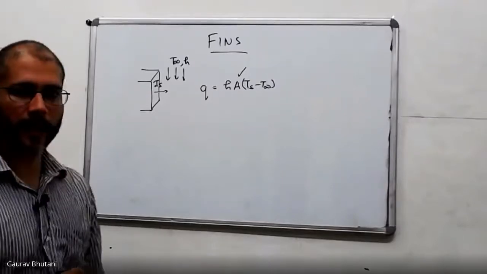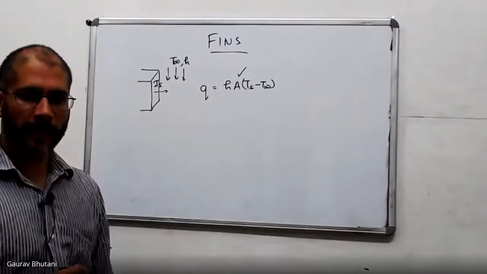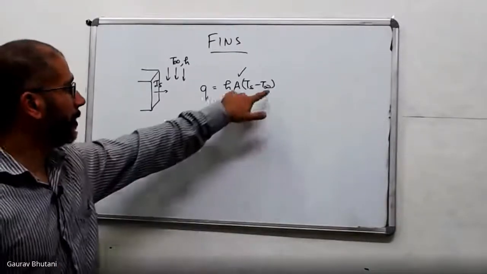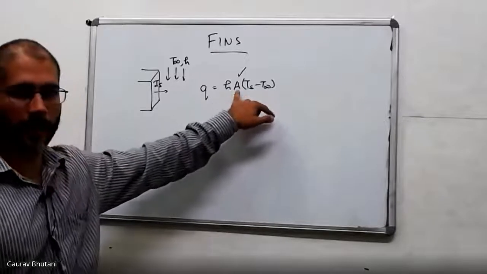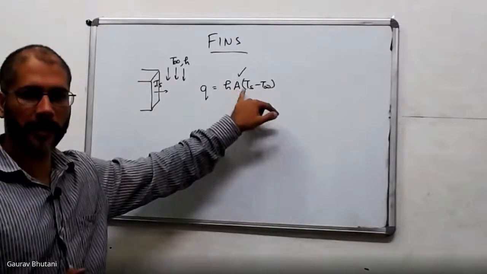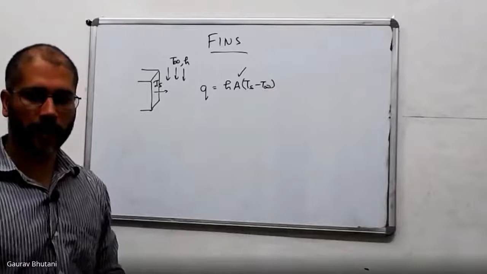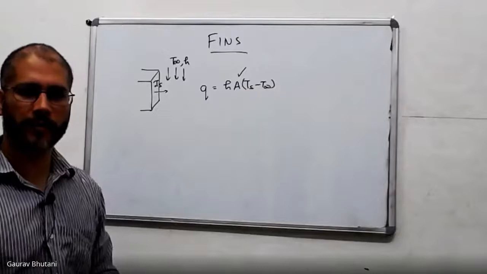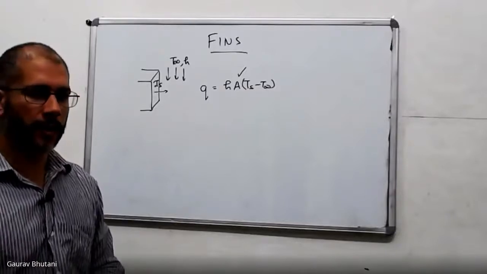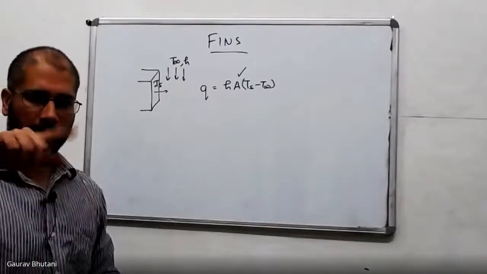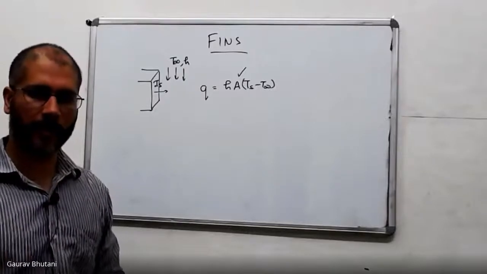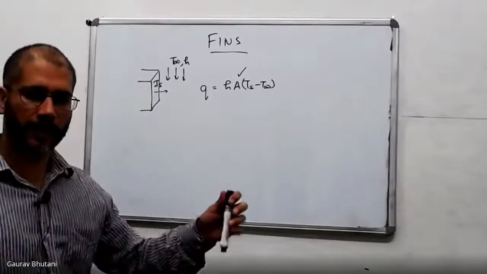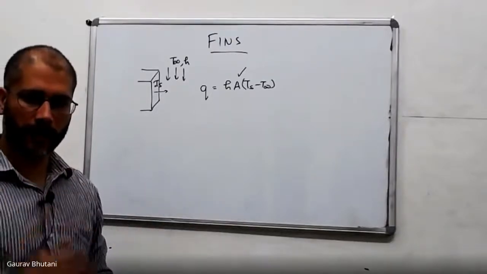But area is something that is in your control. If I give it more area to cool down, then given h and T infinity are the same, I would still be able to increase my Q. So as a designer, I can increase the area, and that is exactly what having heat fins means. I'm sure you have seen these fins. In a car, you have this radiator in the front, this zigzag metallic thing, and these are heat fins. They give lots of area for the cooling to happen.